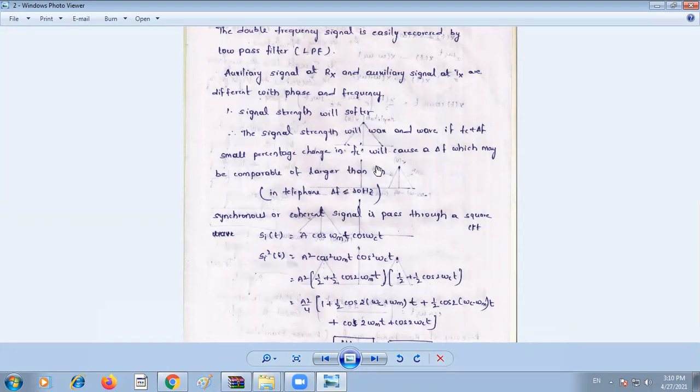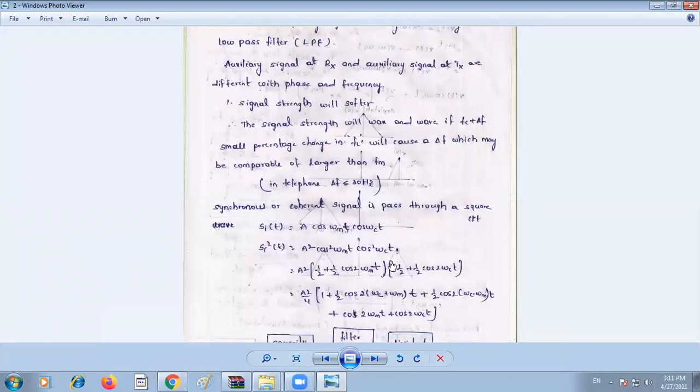That is one limitation. Another one is fc plus delta f, that is, frequency deviation takes place. If there is any frequency deviation between the cos omega ct at the transmitting end and the cos omega ct at the receiving end, then misinterpretation takes place and a misinterpreted signal is received, not the accurate, exact signal. These are the two major limitations of frequency translation. So, in order to avoid those limitations, we go for the amplitude modulation concept.